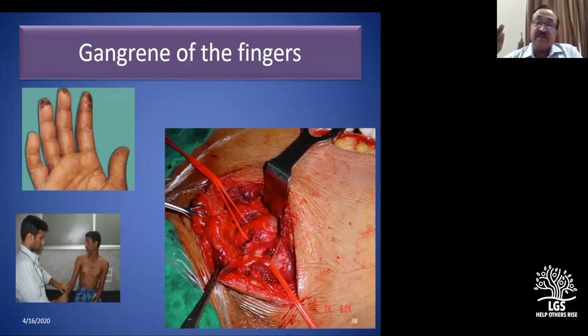Rohan wants to know, can there be fixed nodes in lymphoma? Yeah, obviously. As I said, there's nothing like cannot happen in a medical thing. Non-Hodgkin's lymphoma nodes are more aggressive, they are the more anaplastic variety. Sometimes they get fixed, even in Hodgkin's. Fixed means only when the capsule is involved. It is more common in tuberculosis, where you get periadenitis and matting. In secondaries, the capsule gets infiltrated. Lymphoma doesn't do this unless it is very anaplastic, undifferentiated.